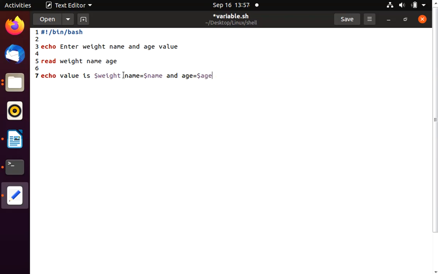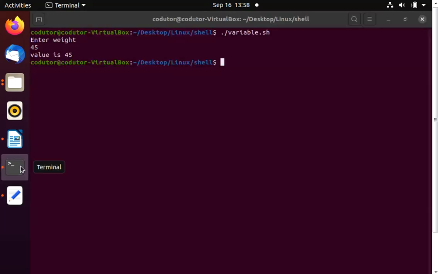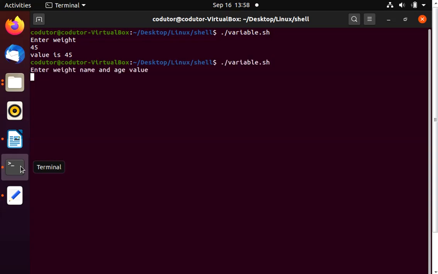So you have to give multiple variable names after the read command, and again we are printing those values. Let's see. It is asking to enter weight, name, and age. Let's say weight is 65. For the second input, you just need to press space bar and enter the name.